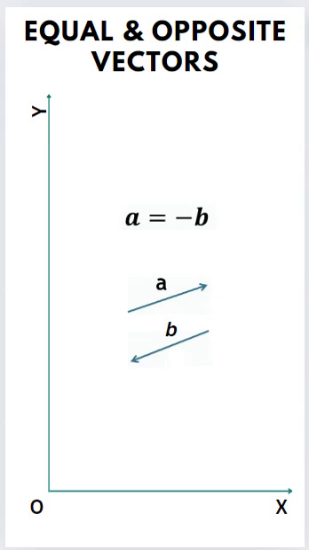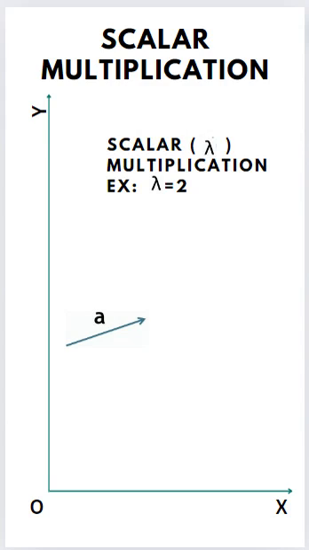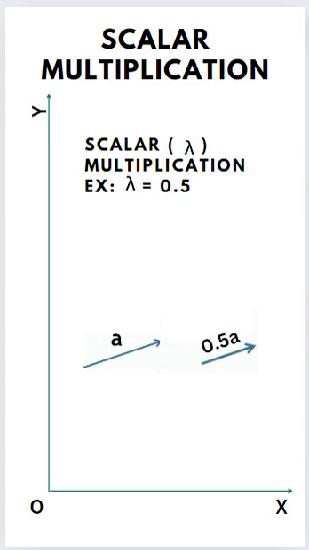Let A and B be two vectors that are equal and opposite. The negative vector is represented by prepending a minus sign to the vector. If A is a vector and we want another vector which is 2 times the original vector having the same direction, we just multiply the original vector by a real positive value, in this case the number 2. The new vector becomes 2A with the same direction as vector A. Scalar multiplication changes only the magnitude and not the direction of a vector. If a vector is multiplied by a real fraction, the magnitude of the resultant vector also reduces proportionally.